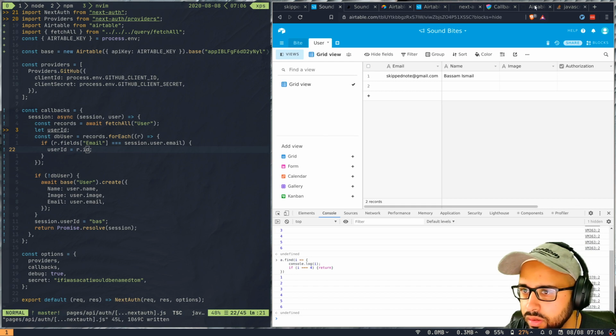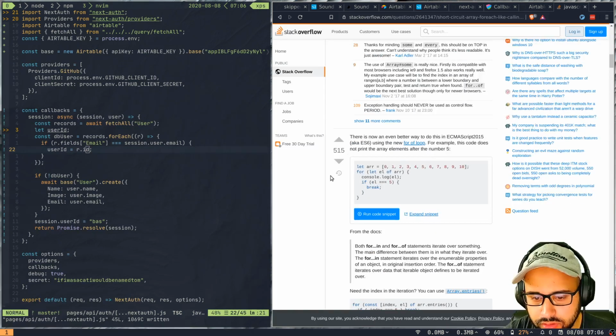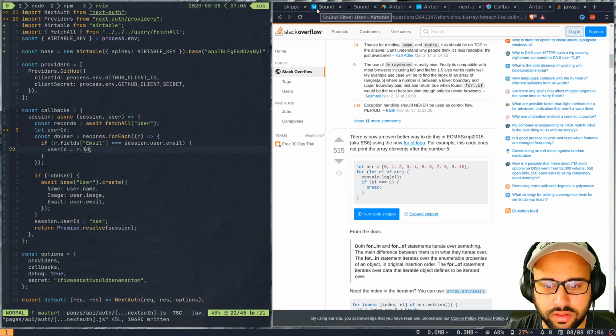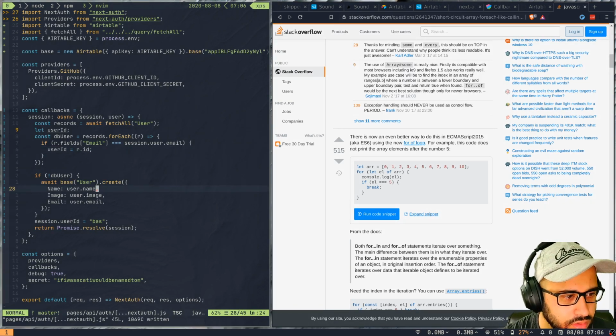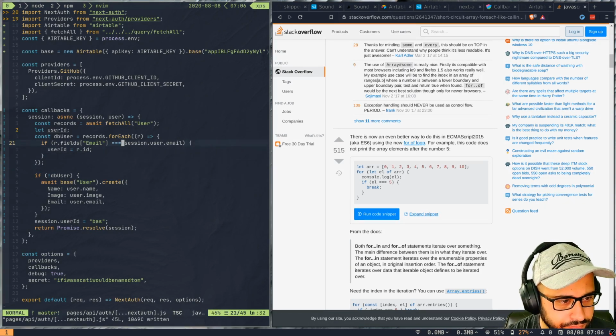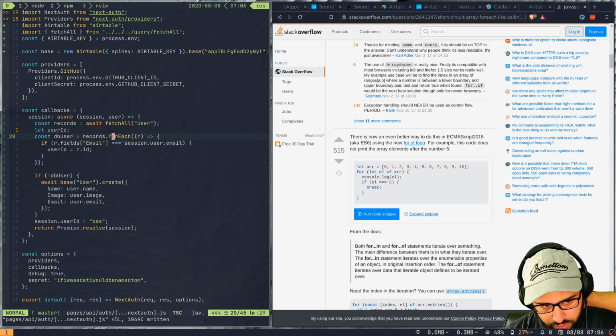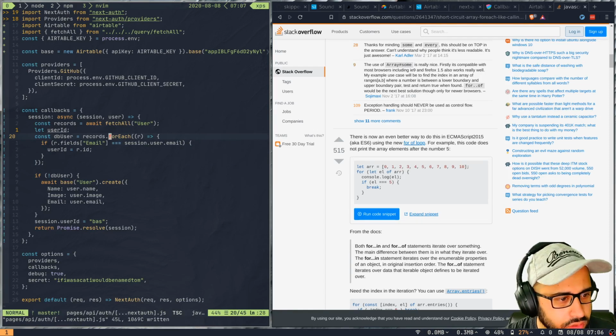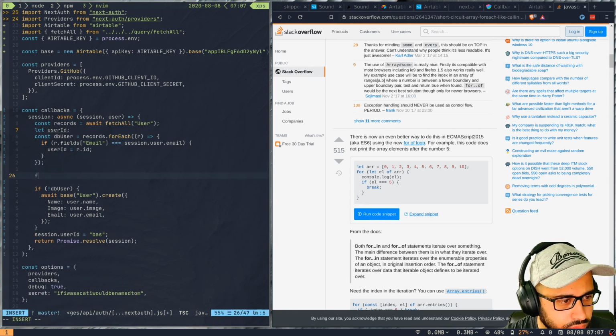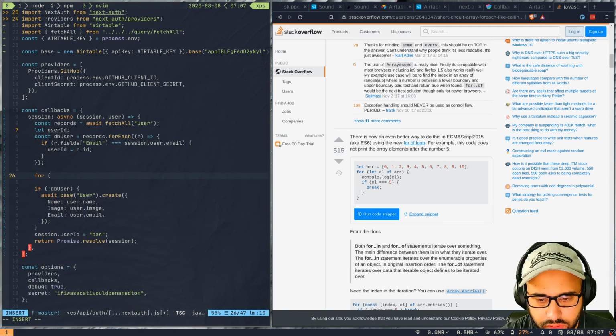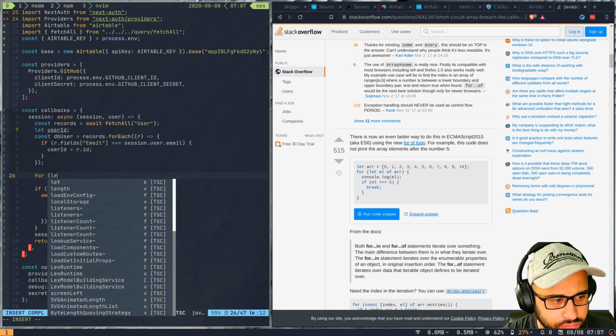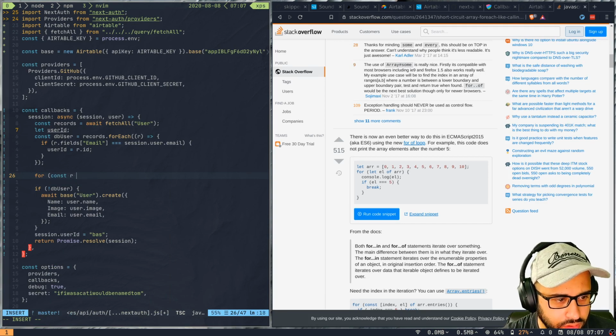So what do they suggest? Yeah, for of loop, I think that is good enough as well. So I think this can be iterated over. So what if I do for, let r of